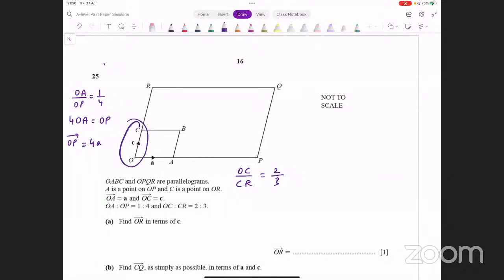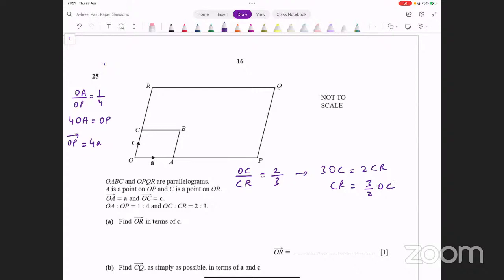अब OC आपको ऑलरेडी पता है. आपको फाइंड क्या करना हो सकता है, आपको CR फाइंड करना हो सकता है, या हो सकता है OR टोटल फाइंड करना. ठीक है. How do you figure that out? One possibility is, आपको अगर CR फाइंड करना हो तो आप CR को सब्जेक्ट बना लो. Let me actually cross multiply first of all to make things simpler. This is 3OC equals 2CR, and CR turns out to be 3/2 times OC,